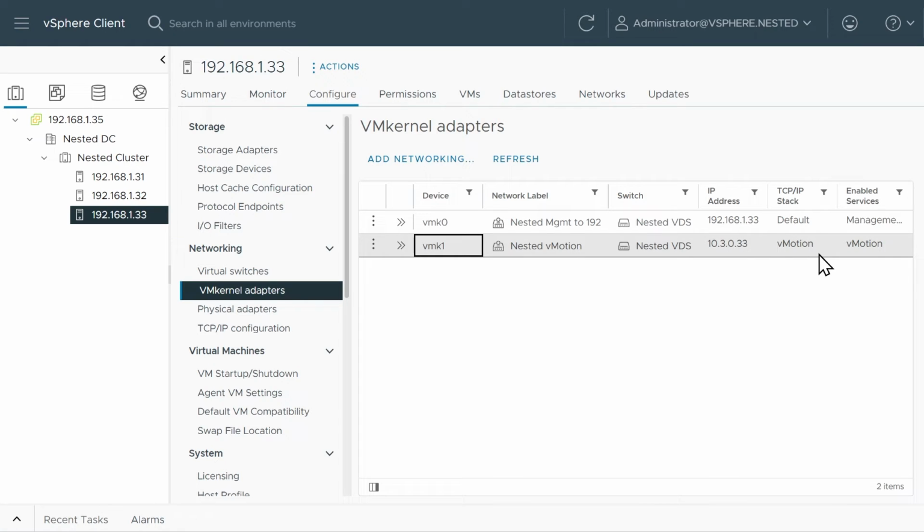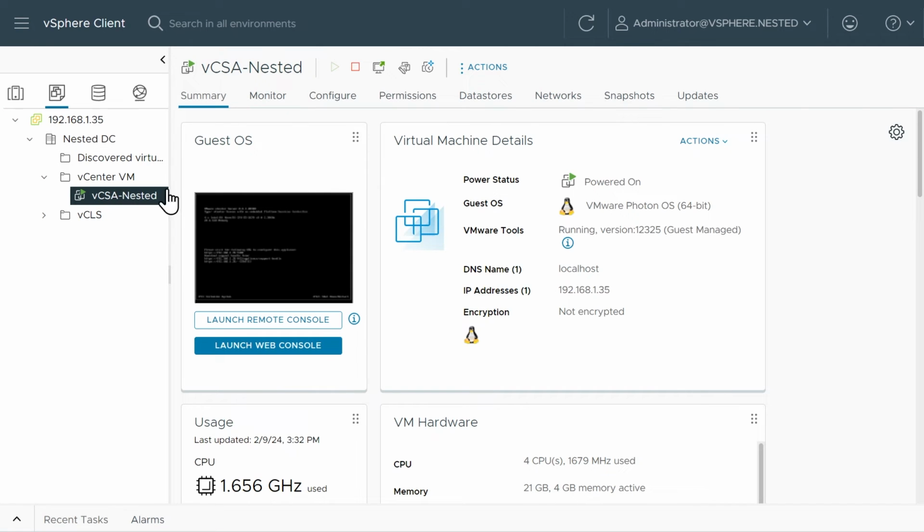And then we're going to follow the process for doing an update of our ESXi host and also for vCenter, the nested vCenter. And the appropriate process would be update vCenter first and then update the ESXi host. So let's go ahead and update the vCenter itself. And to do that, we're going to go to the management interface for our vCenter. And just as a reminder, our vCenter is at